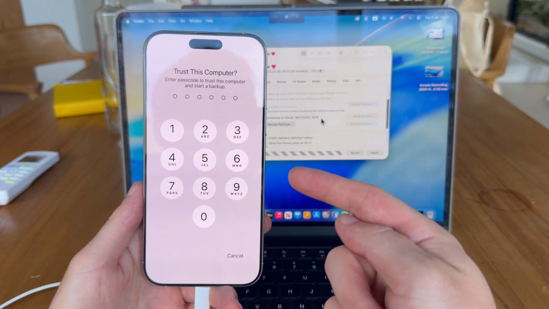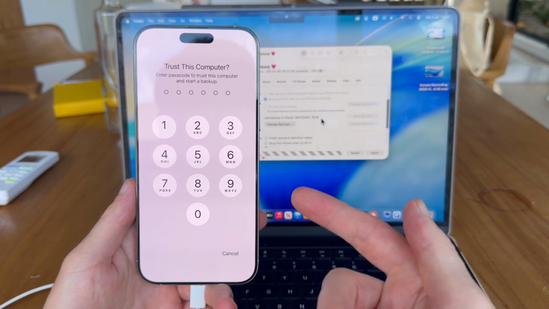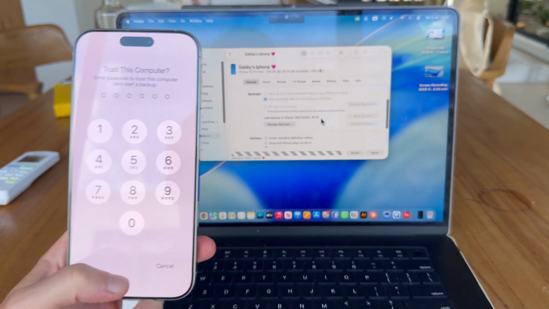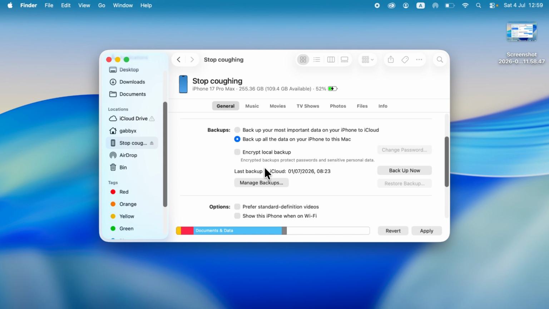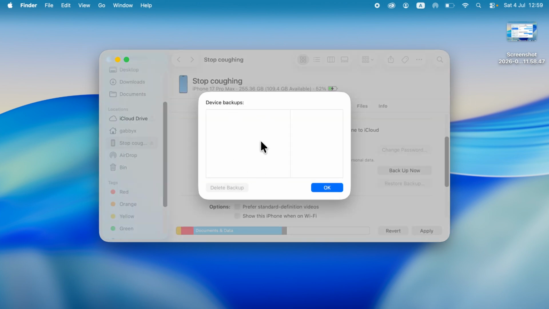Now, once again, you may get a Trust This Computer message pop up on your phone. Make sure to enter your iPhone's passcode to go and start the backup. Once it's finished backing up, you'll be able to find Manage Backups, and here you'll be able to find all